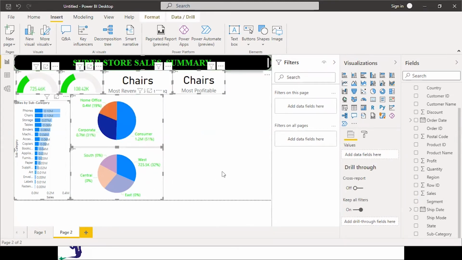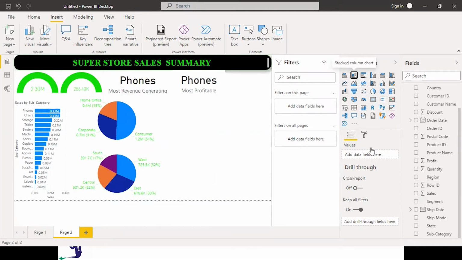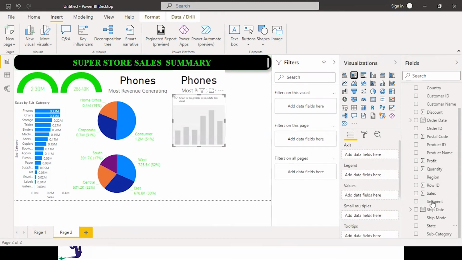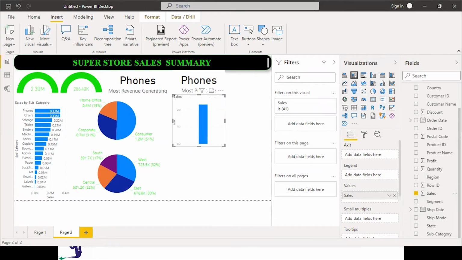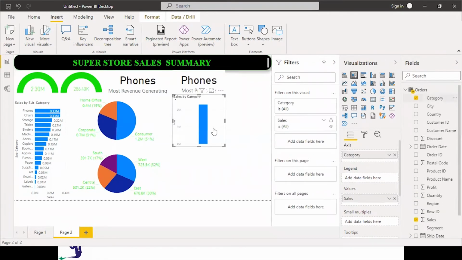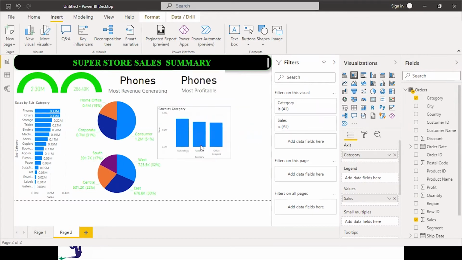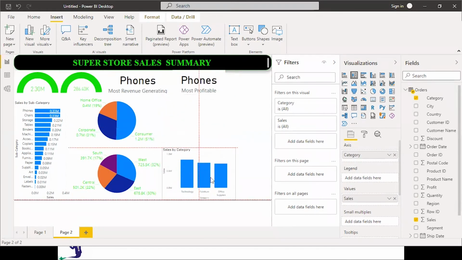Let us also take a bar chart where we would like to take the sales on the basis of category, category sales.